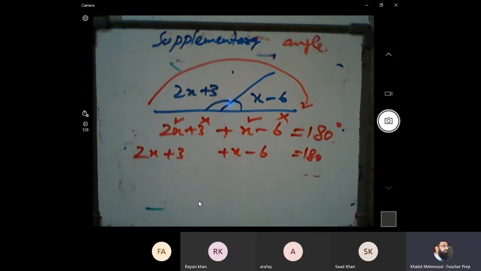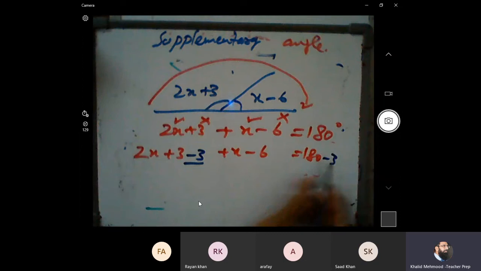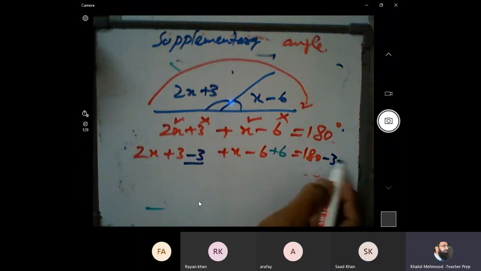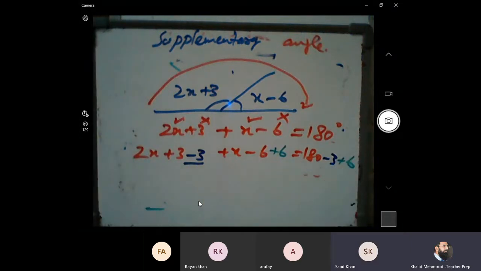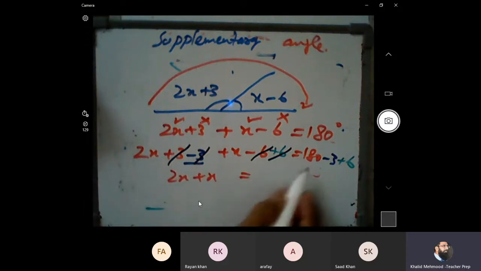So plus 3 is removed by minus 3, and to keep it balanced, we do the same on the other side, minus 3. And minus 6 is removed by plus 6, so we do plus 6 on the other side. Now these are cancelled, these are cancelled. So only 2x plus x remains. 2x plus x is equal to 180 minus 3,